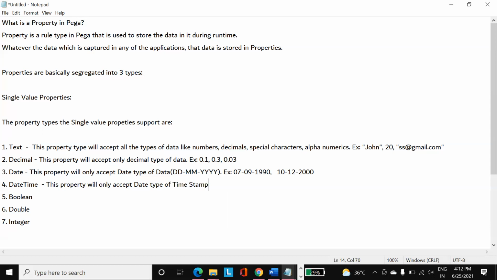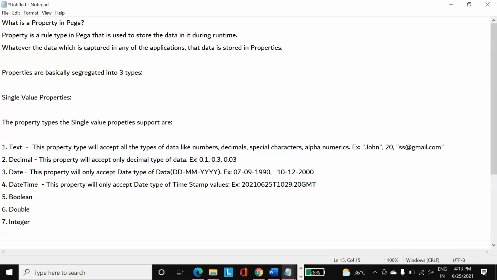Example, something like 2021, the month is 06 and date is 25, and then T10:01 or something, some GMT. So this is the example of a timestamp. This will accept only this type of data. Except this type of data, this datetime property will not accept any kind of data.